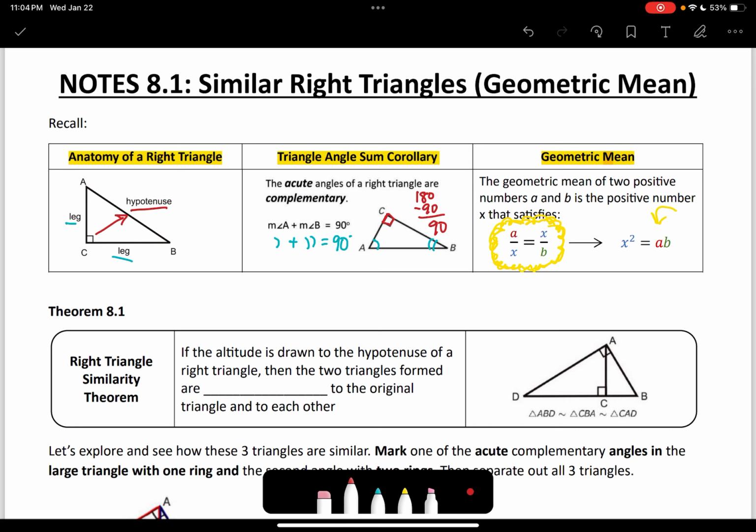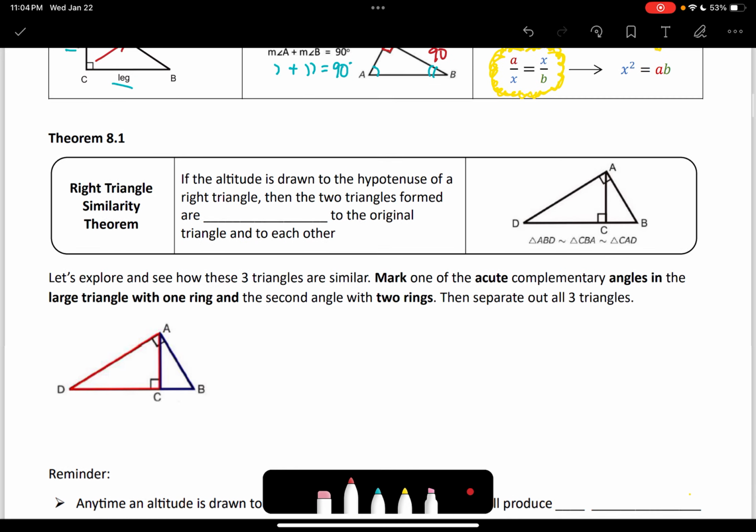So just diving straight into it, what we're going to look at here is the right triangle similarity theorem. So what this states essentially is that if the altitude is drawn to the hypotenuse of a right triangle, which our altitude is AC right here, remember altitudes are going from the vertex to the opposite side, creating a 90-degree angle. So that's our altitude. So if the altitude is drawn to the hypotenuse of a right triangle, then the two triangles formed are similar